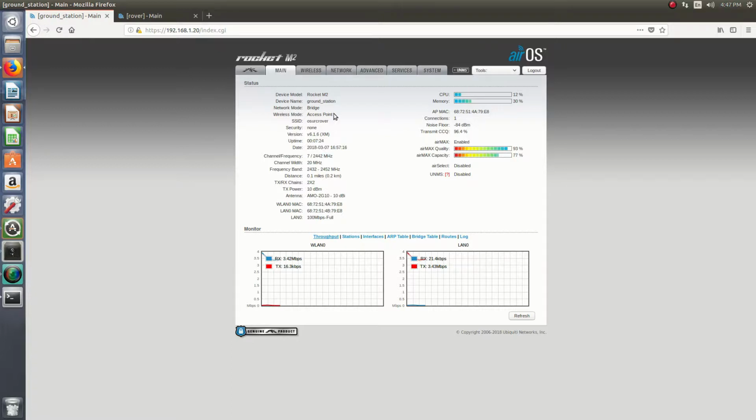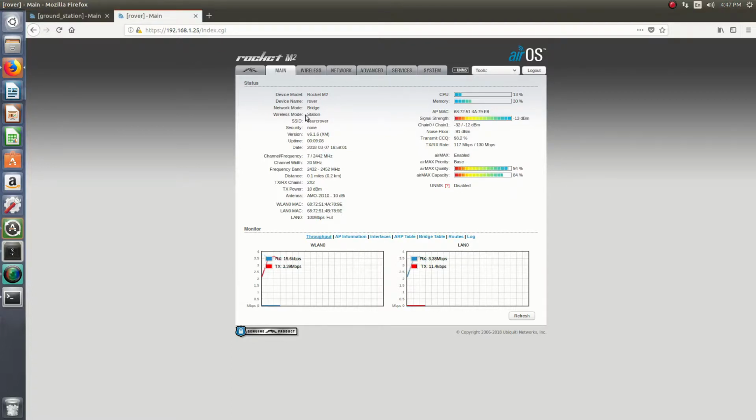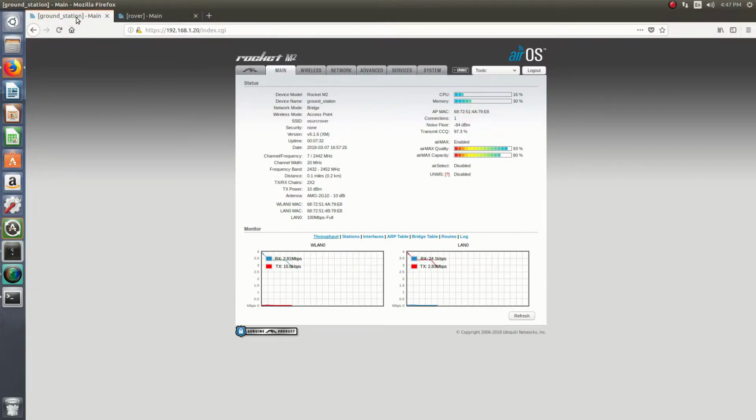Something to note is that right now the one that is the ground station is set up in the wireless mode access point and the Rover is set up as a station. This means that the ground station is the one actively broadcasting the Wi-Fi, and the Rover, which is a station, is connecting to the access point. This is important as it might be possible to swap which one is actively broadcasting, to put this radio on the Rover, and then use something like a phone to do ROS control from your phone without needing the ground